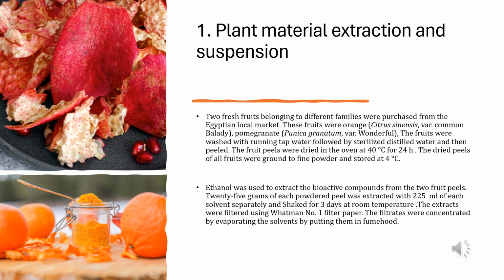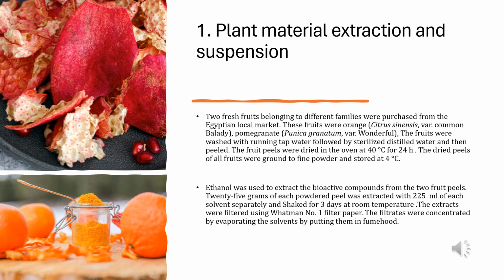Firstly, we purchased fresh pomegranate and orange from the market. We washed them thoroughly and sterilized them by washing with distilled water. Then the peels were removed from the fruits, and for the preparation of the powder, we dried the peels at 40 degrees Celsius for 24 hours in the oven. Then they were ground using mortar and pestle. The peel powder was stored at 4 degrees Celsius. After storing the peel powder for 2 days,